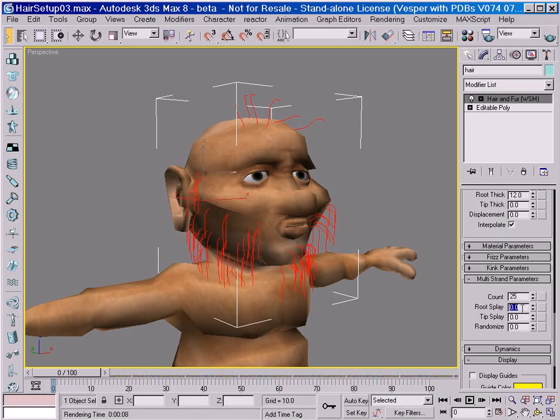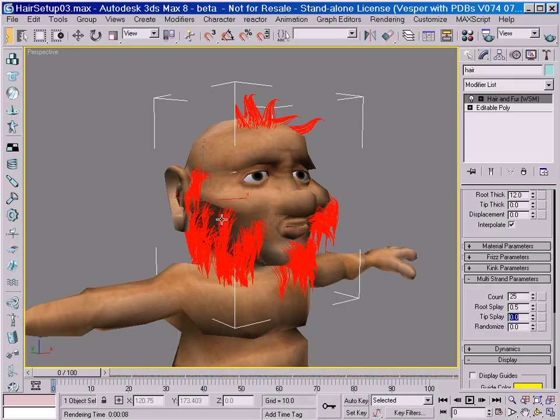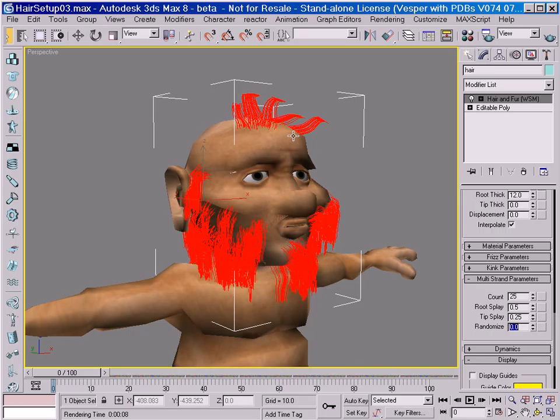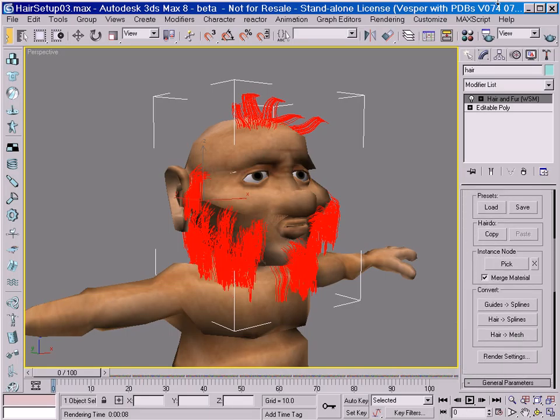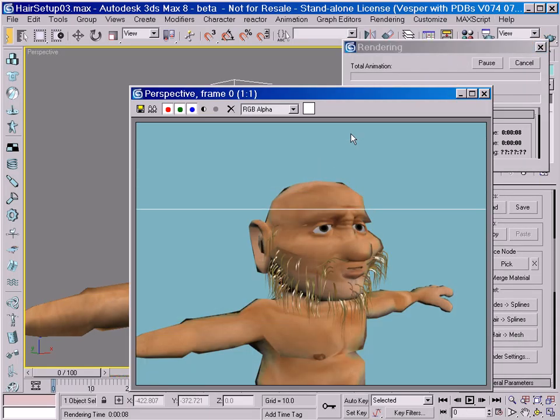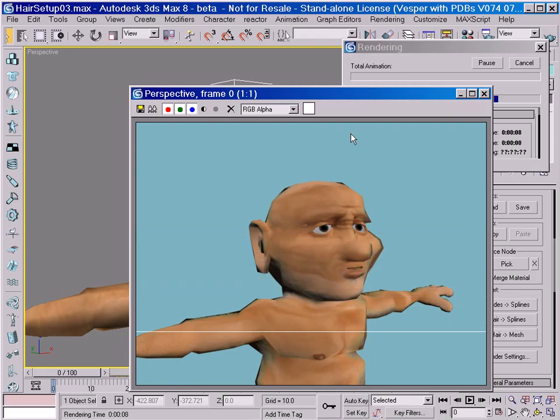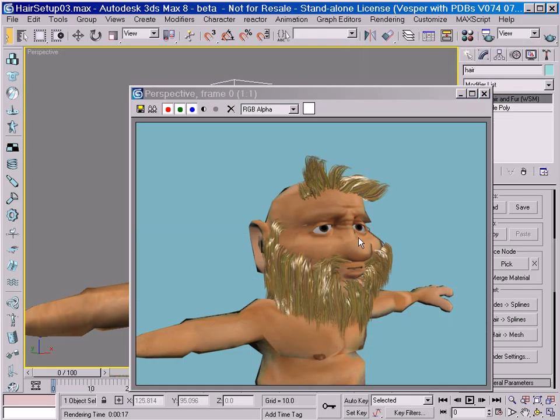So if we go to our root splay and adjust this to maybe 0.5, you'll see the roots spread out quite a bit. You can add a tip splay of maybe 0.25 to get those to spread a little bit more also. This will add quite a bit more hair, and if we do a quick render, we should see that. So we see we have a lot more hairs filling out our object, and they kind of look like streamers